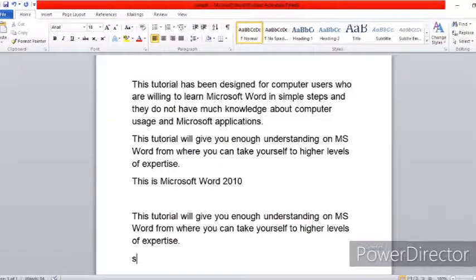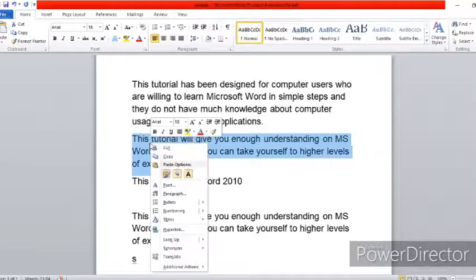Now copy and paste the text. Copying is the same as cutting, but here the text does not disappear from its location. Suppose I want to copy this paragraph, then first I have to select the paragraph or the text, then right click and copy the text.